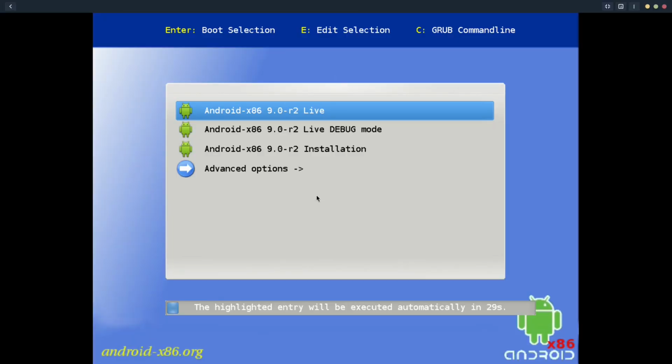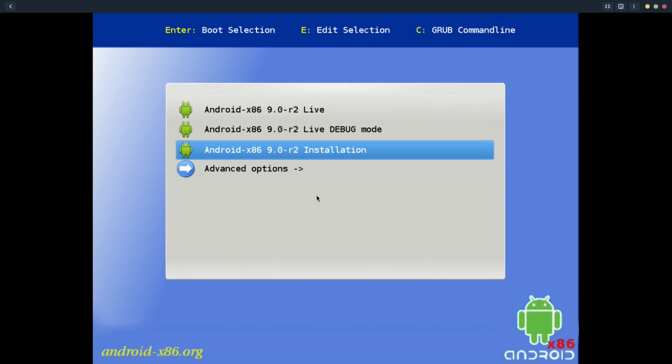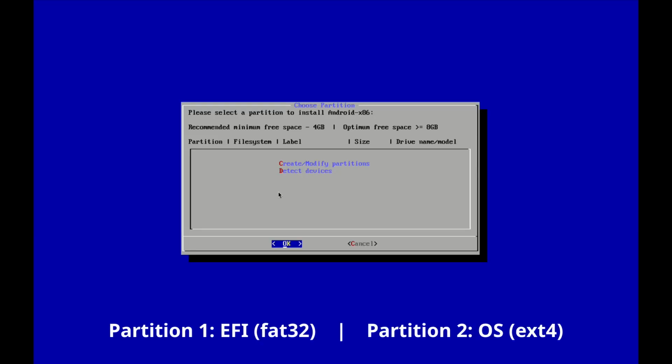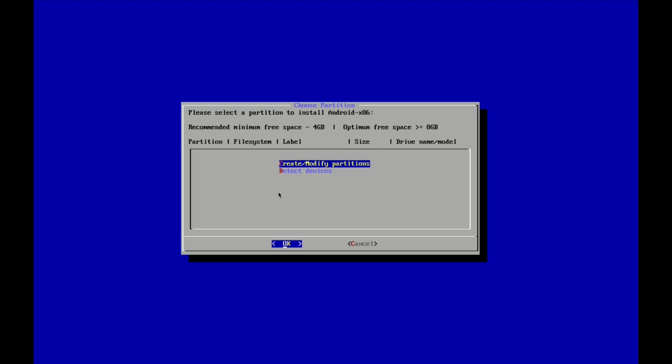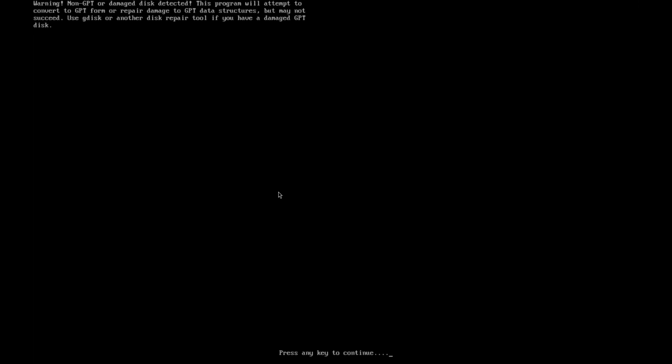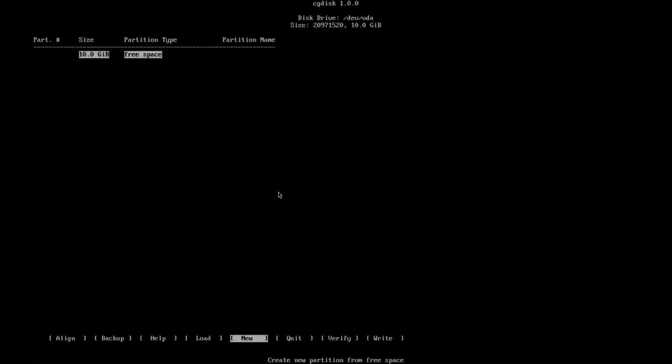Here we select Installation. For the disk partitioning, we will use two partitions, one for EFI and the second one for the Android OS. Select Create and Modify Partitions. Select Yes for GPT. You get a warning here. Press Enter to continue. We have our 10 GB disk up there, and down here select New to create the